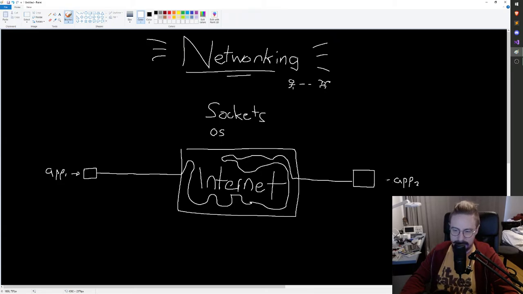App 2 will open up a socket itself, and once this happens, we can communicate between these two apps over the internet. Fantastic. So that's a basic level rundown of what a socket will do for us.